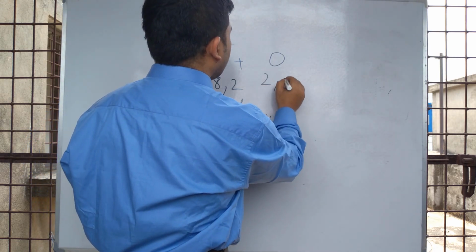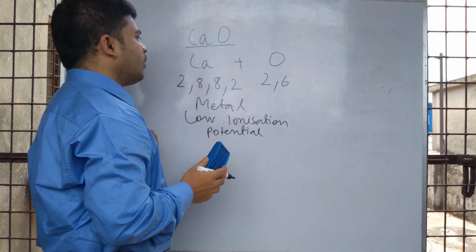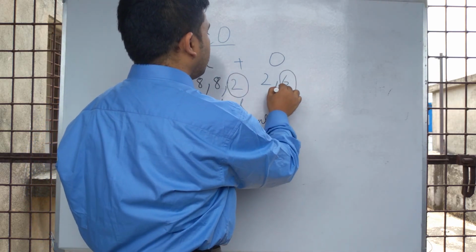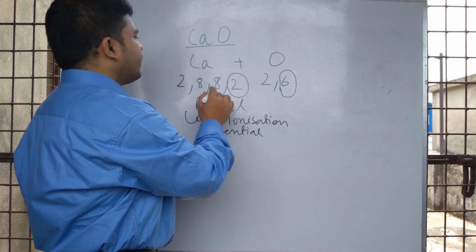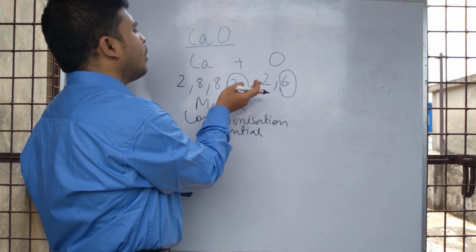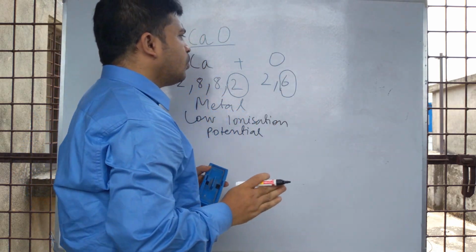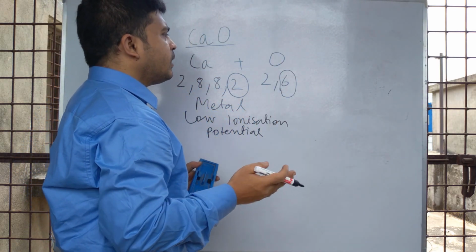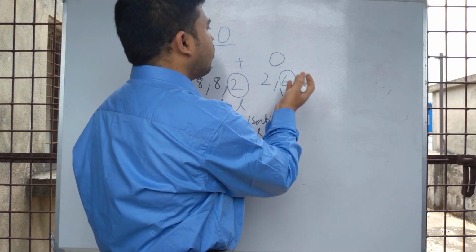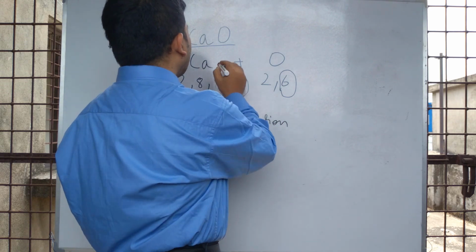For oxygen the electronic configuration is 2, 6. Now see the outermost electronic configuration of these two atoms. Calcium needs to lose 2 electrons because it has 2 surplus electrons, and oxygen needs to attain 8 electrons, which means octet configuration, so it requires 2 more electrons. So for this reason